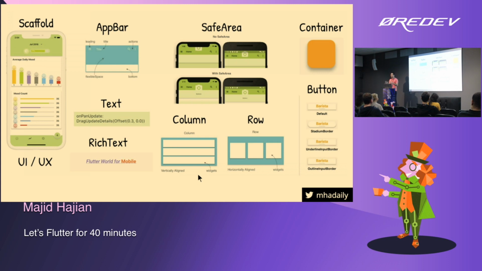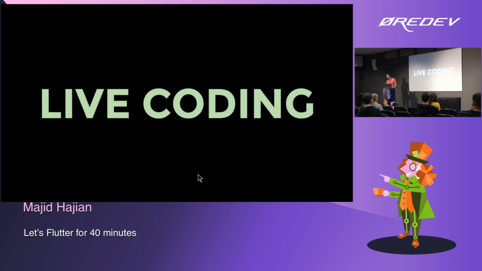Imagine you want to build a page that has 3 rows. Each of these rows is a widget named exactly Row. And to have them right after each other on a screen, you have to have a widget named Column. So a column will have rows and other widgets. You're composing these widgets together to create your application. So it's 10 minutes already. I spoke about that for 30 minutes. Let's see how it goes. So let's get started.